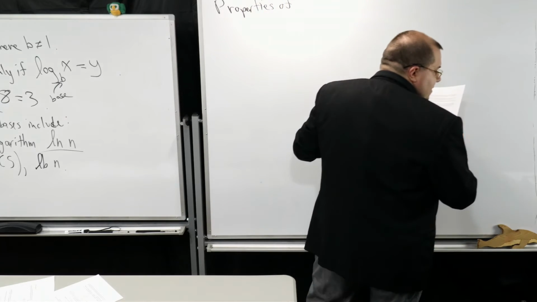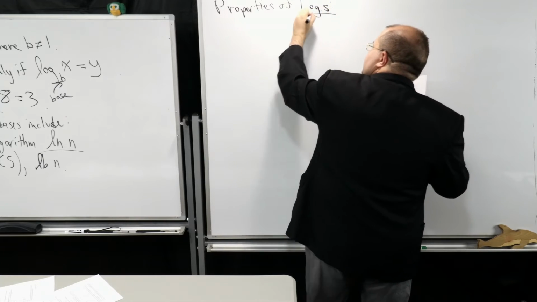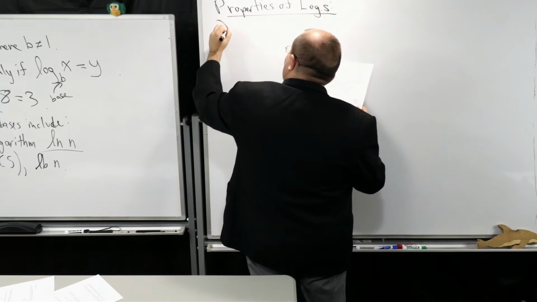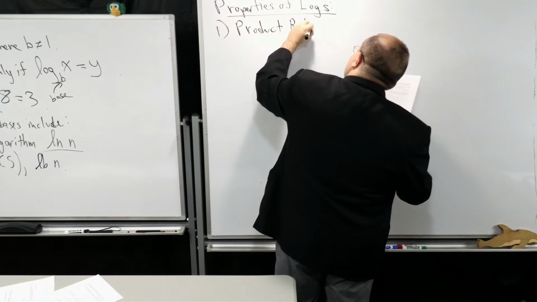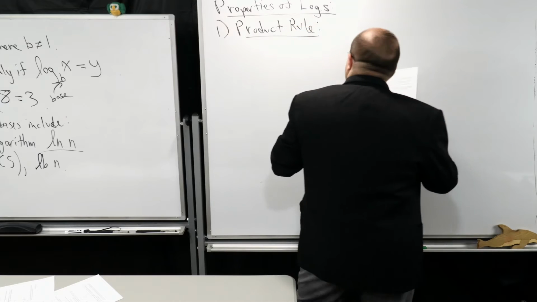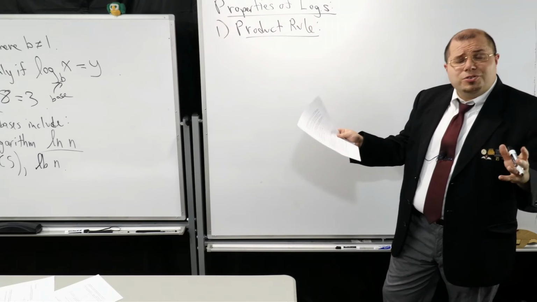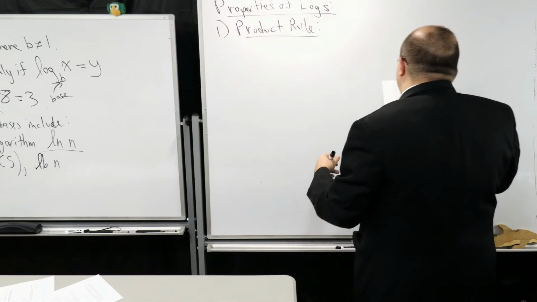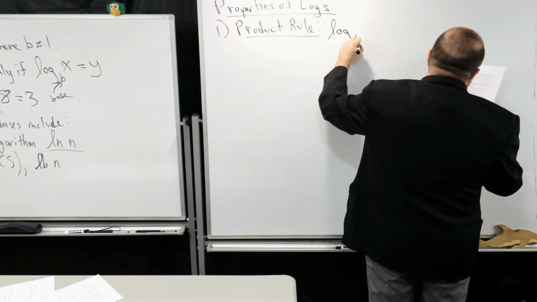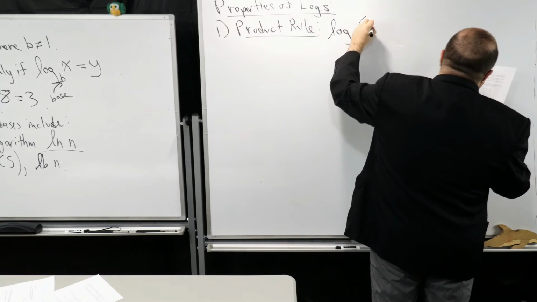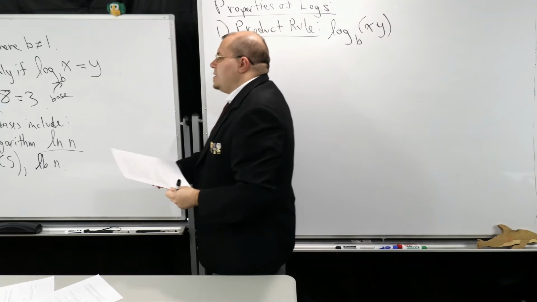Here are some properties of logarithms. So the first one is the so-called product rule of logarithms. You're going to find that there's going to be a natural analogy to almost everything I've shown you before. Almost everything. So if I give you log base b of x times y, so a product like this, what